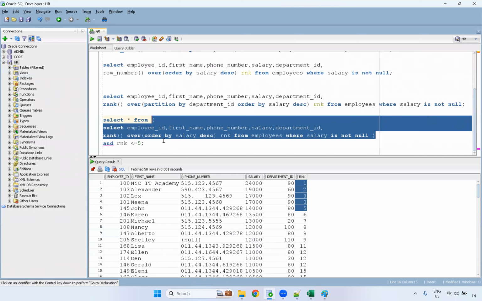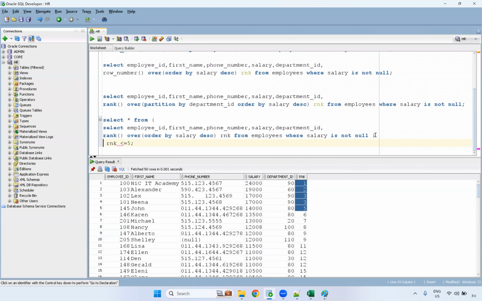Whatever I have selected, it will act as a table. Select star from a table name. You can provide some alias here, some A. A is nothing but this table. Okay, A dot where